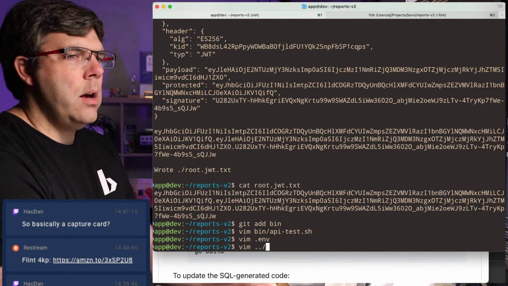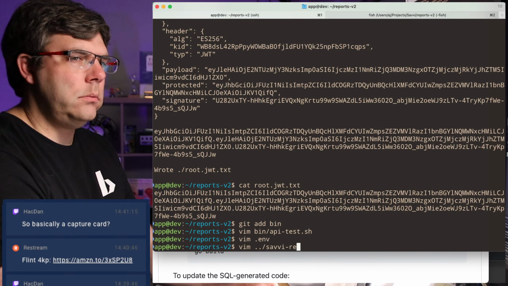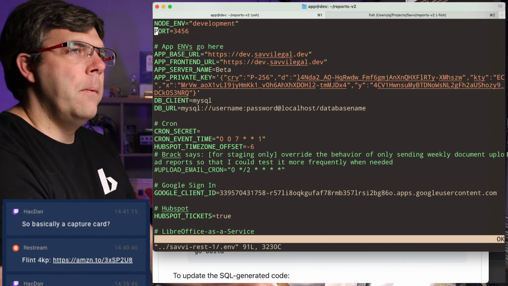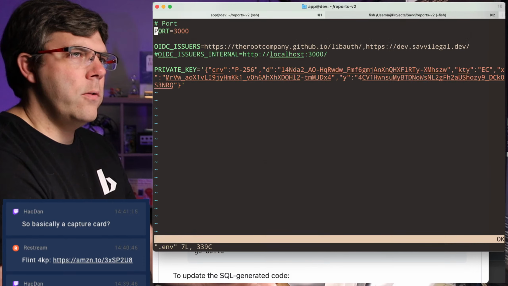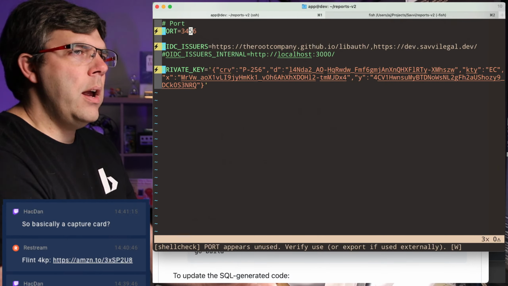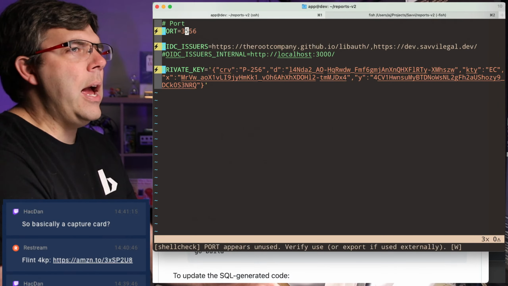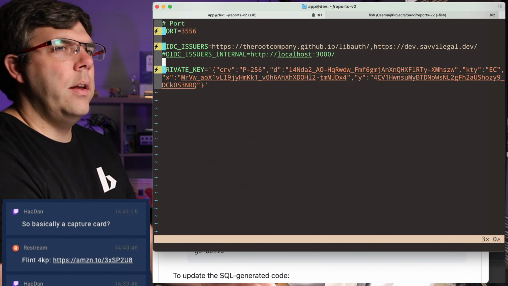Let me go to the other project here. We're going to go back over here, and where I have this going is basically I add 100 to it, and that's this port.